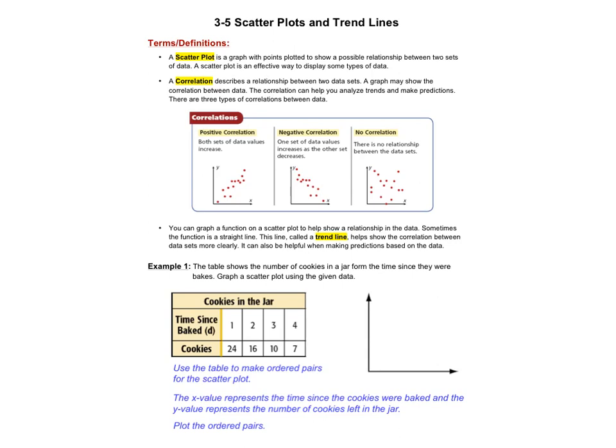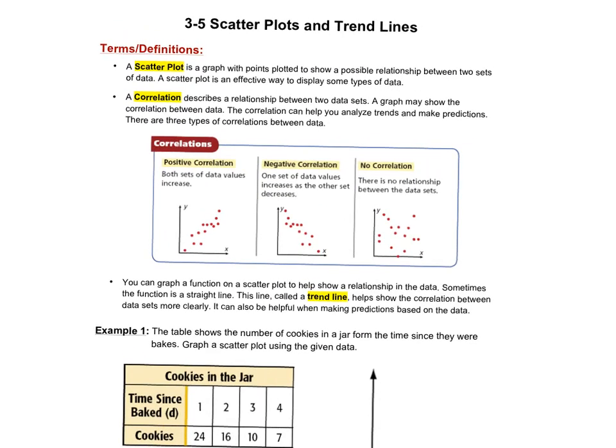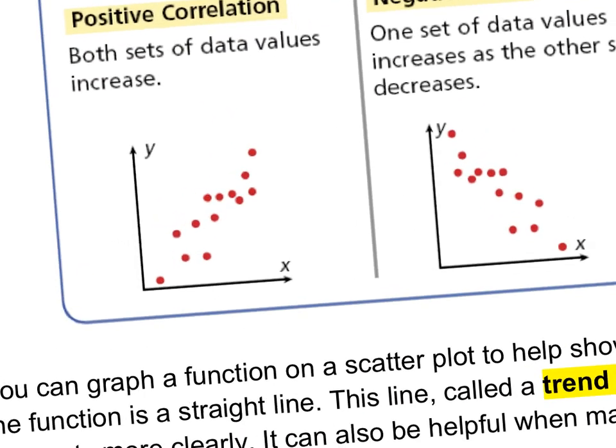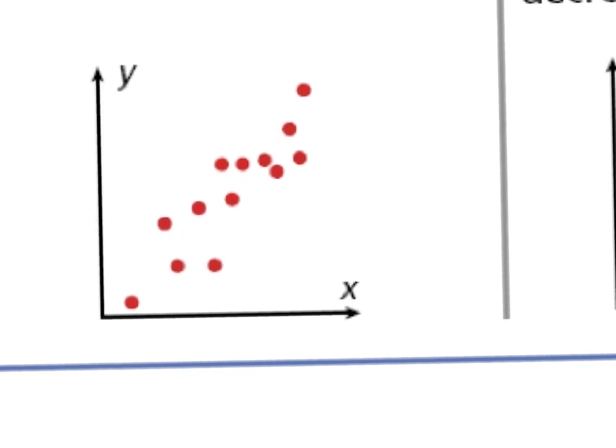So in the unit that we've been discussing graphs, we've been discussing functions and plotting functions. What we're talking about in section 5 is what we refer to as scatter plots. Scatter plots are basically graphs where the points are just showing a relationship between data. It's kind of like the type of information where it's not a constant change, it's just scattered everywhere. So, for example, a situation such as this could be